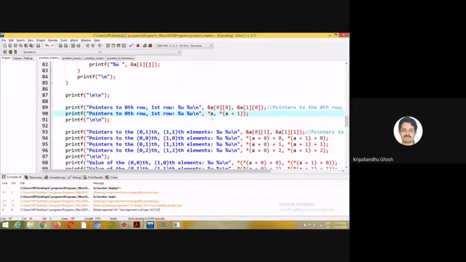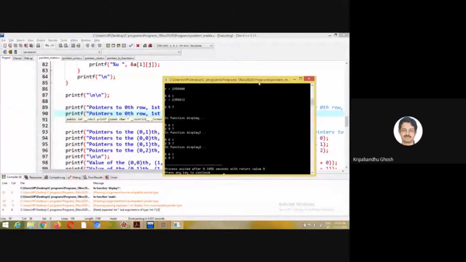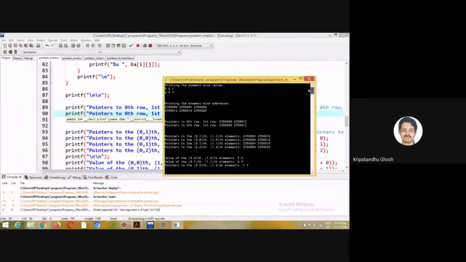There is another way of doing it: star A. What will happen if I put A? This is the same, right?